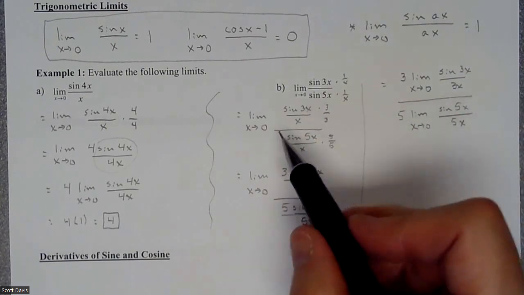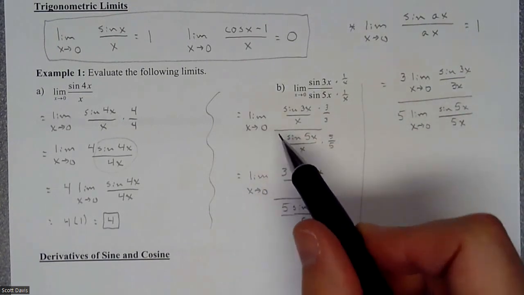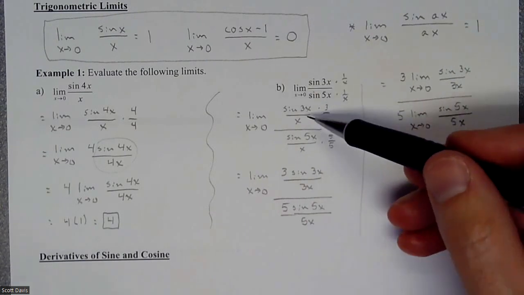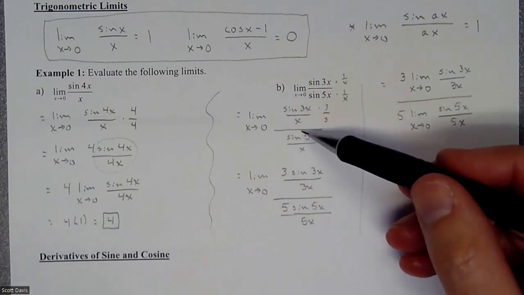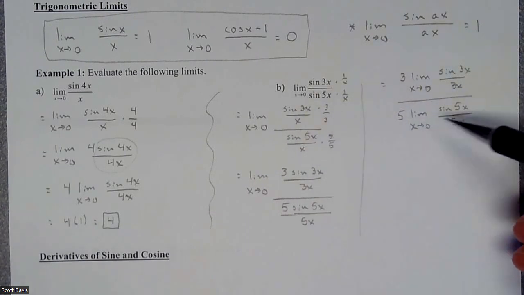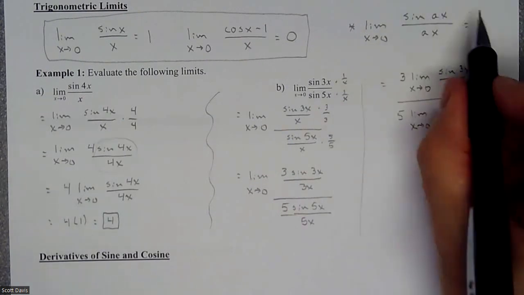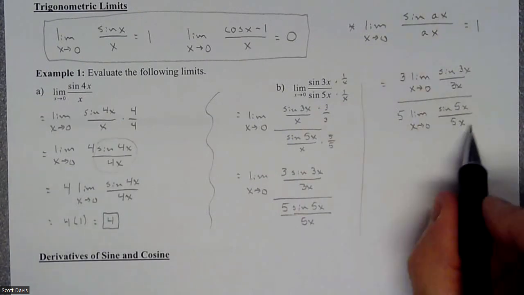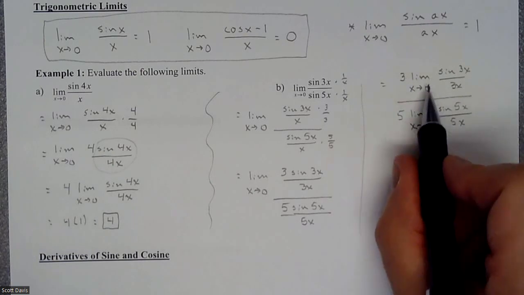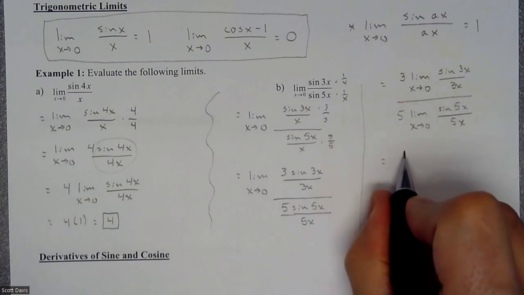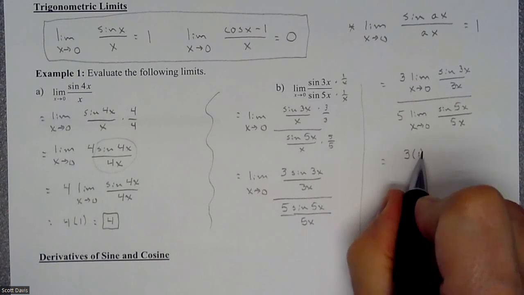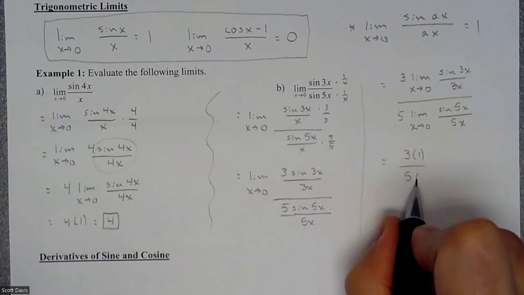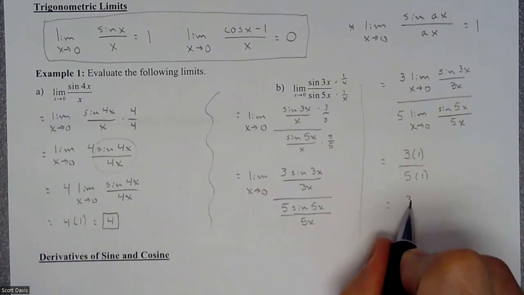Anytime you have a fraction or multiple pieces added together, you can do the limits independently of every single one. So I can do the limit of the top and the limit of the bottom as they're both approaching 0. That way I have this perfect piece here, this perfect piece here, and I have a 3 multiplied to this, and a 5 multiplied to this. So this is just going to be a 3 times 1 over a 5 times 1,